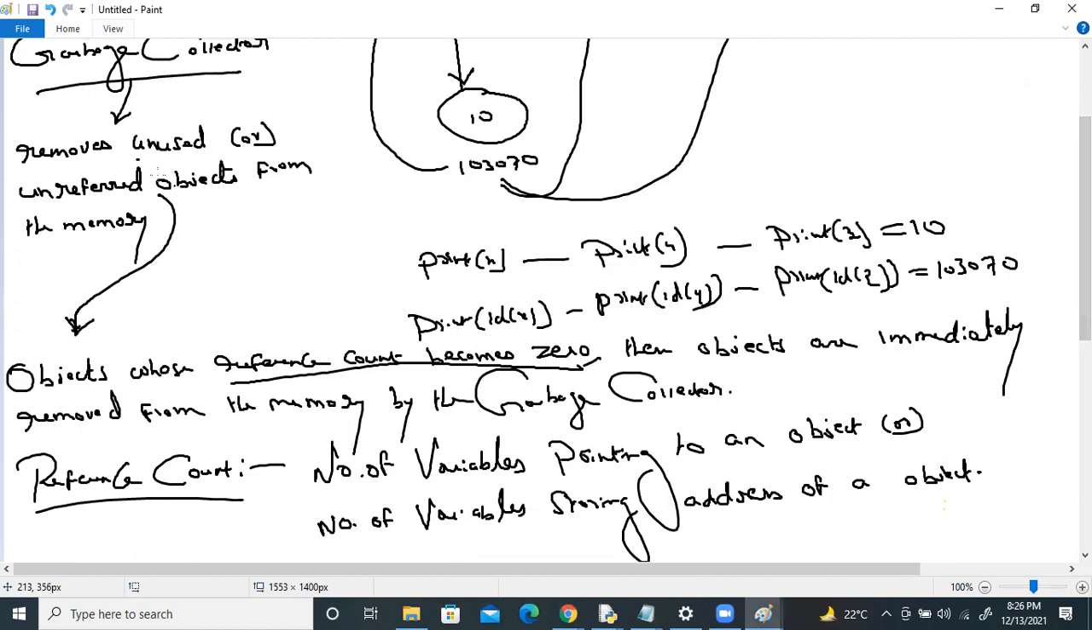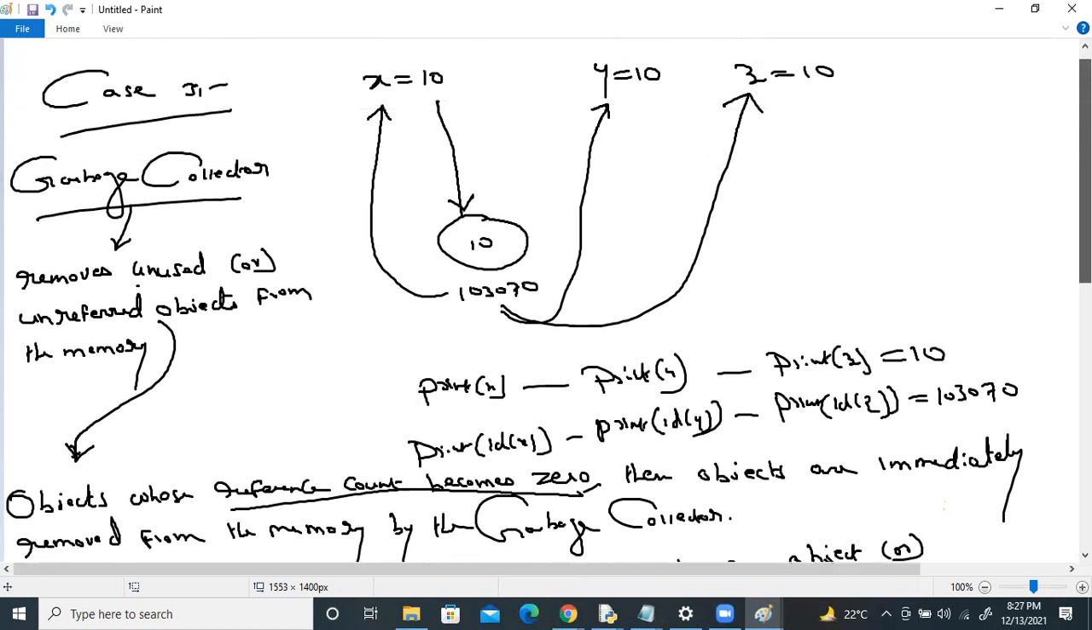Now, garbage collector means removing unused or unreferred objects from the memory. What do you mean by unused or unreferred objects? Objects whose reference count becomes 0. Those objects are immediately removed from the memory. And reference count means the number of variables pointing to an object, or storing the address of an object. For example,